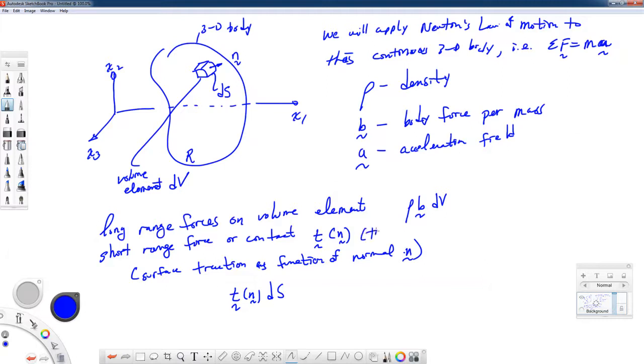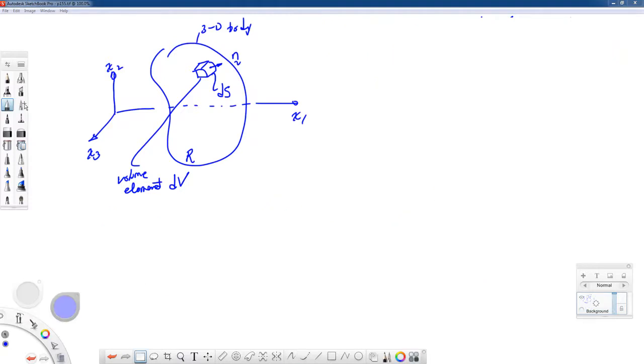Okay, so let's make a note that this is the traction, and this is the force when we multiply that by that small little bit of area there. So if these are the forces that are acting on that small volume element, then if we apply our summation of forces equal to ma, effectively, what we can get is, on the left-hand side, for the entire body,